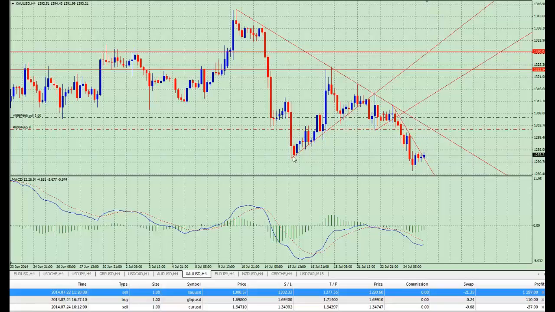If we look here, we've got an area of support, so I could have used that as a target and got out and banked my profit. On the other hand, I've been looking at a bigger picture, and there's a potential that price could push further. Now if it doesn't, and this candlestick here closes higher, which shows a break of this trend line, as in price wants to go up, then I can quite easily, if you look at the bottom here,